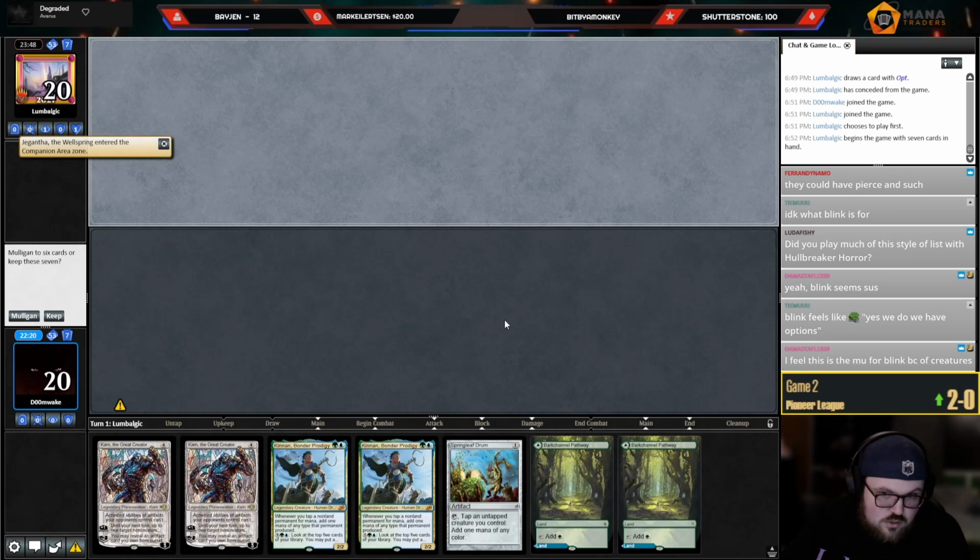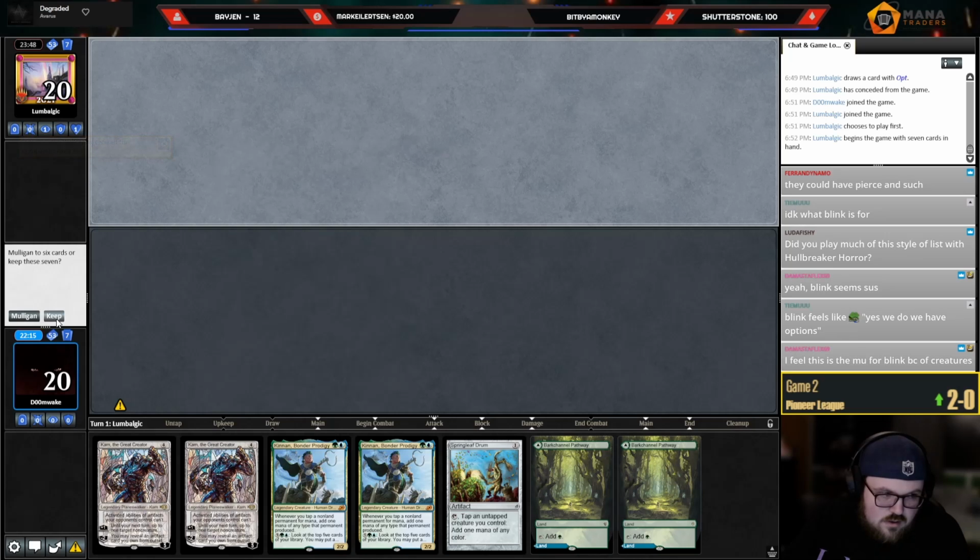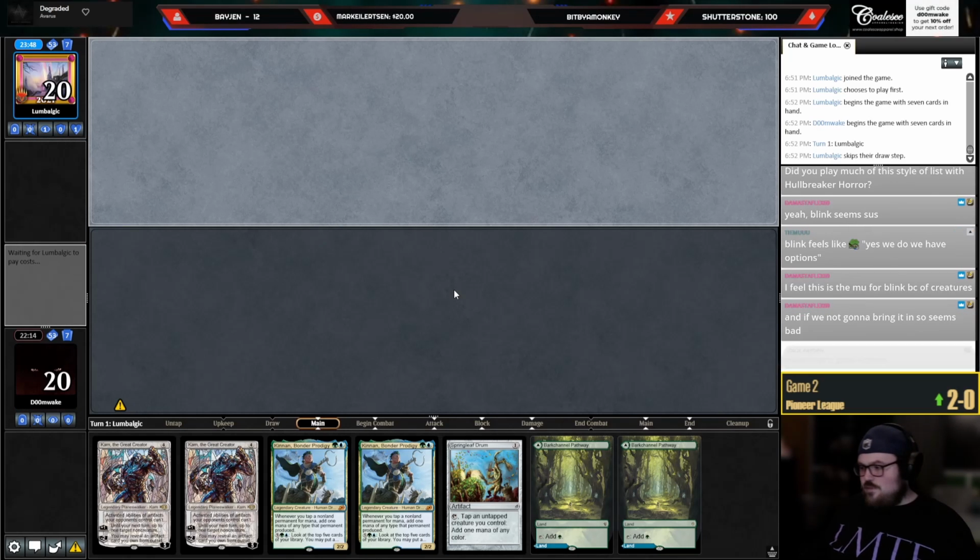If I draw Mox this hand as a turn 2 Karn, I actually like keeping a hand like this because they're so likely to kill the first Kinnan. I'm actually going to keep this hand. Looks kind of sussy, but...